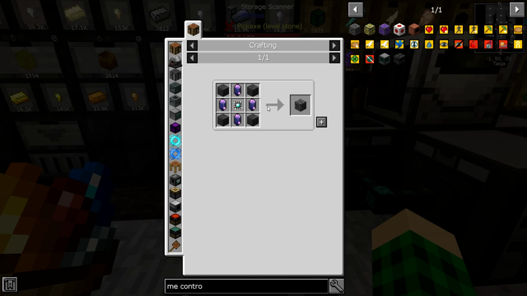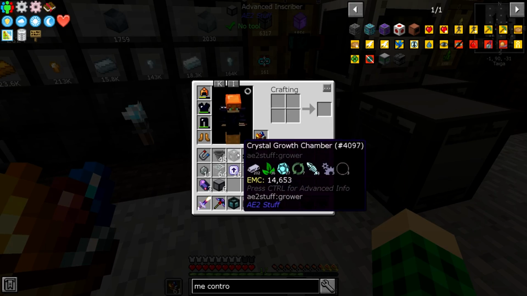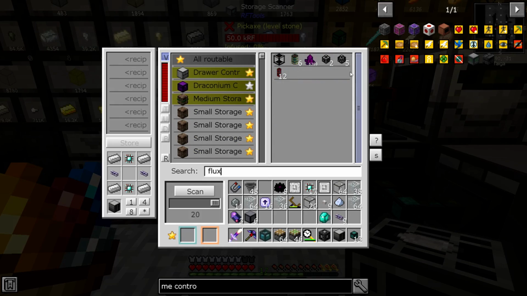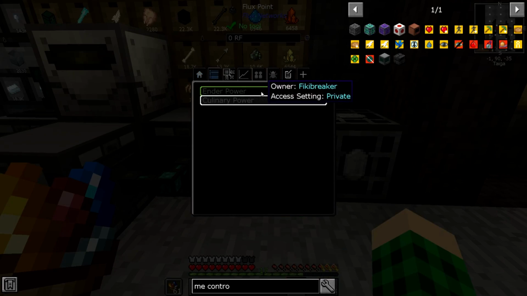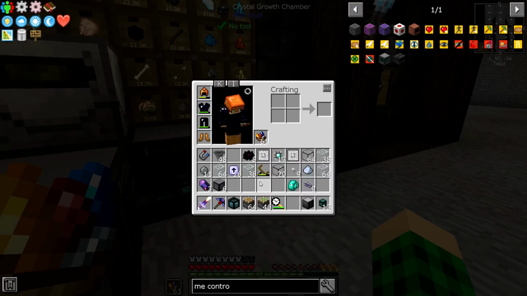And for that, I'm going to need the pure fluix. So we're going to get some more fluix dust, and we need this guy and a flux point. And I'll explain what's happening right behind me. I'm just going to grab a flux point, and I'll put you right here. And right there, I'll put a power source. We can just do ender power. And for fluix seeds, I need,